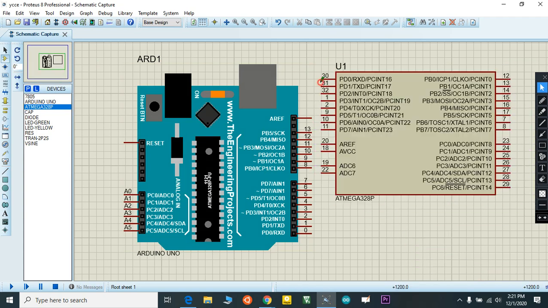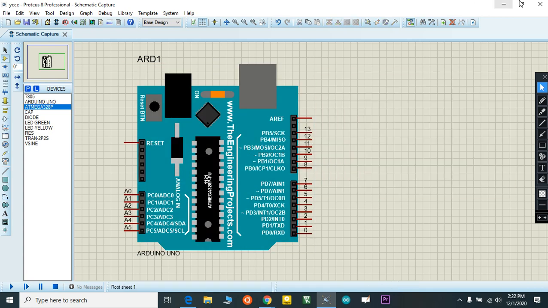If you want, you can just connect the IC like this, and you can connect the LED, sensors, everything here, and you can program this IC. It will not be there by default. Proteus does not provide this Arduino-like layout, so you need to add it externally. I will show how to add this.